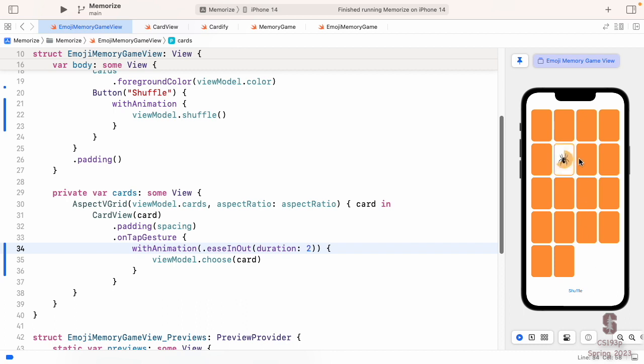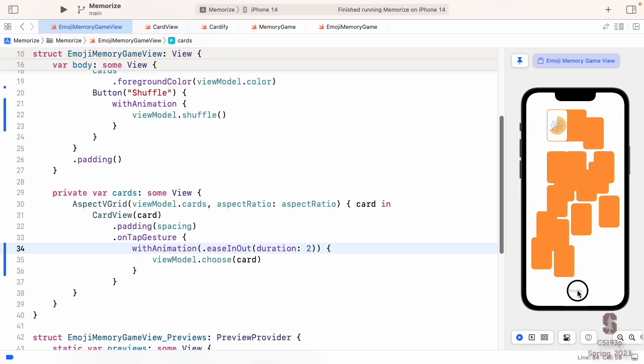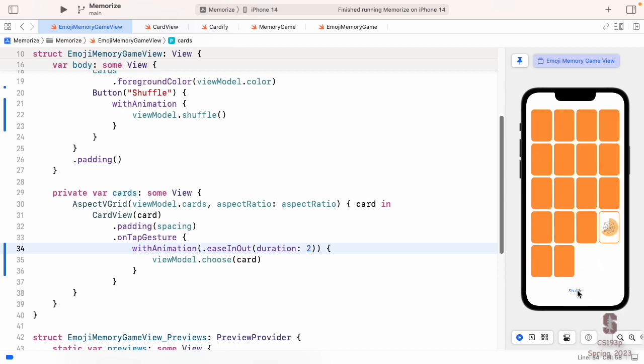See it's fading in, fading out. Interestingly, shuffle is still fast. Shuffle doesn't take 2 seconds because its explicit animation doesn't have ease in, ease out duration 2. All right, let's take this back off and just use the default animation there.